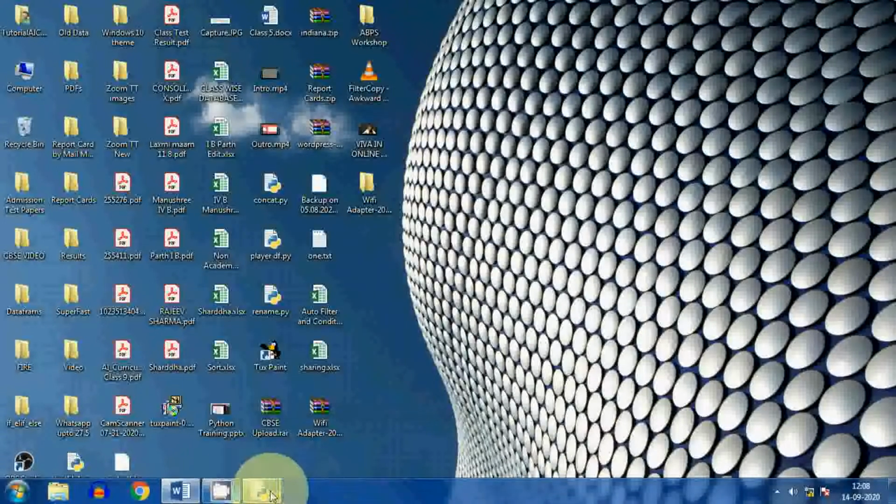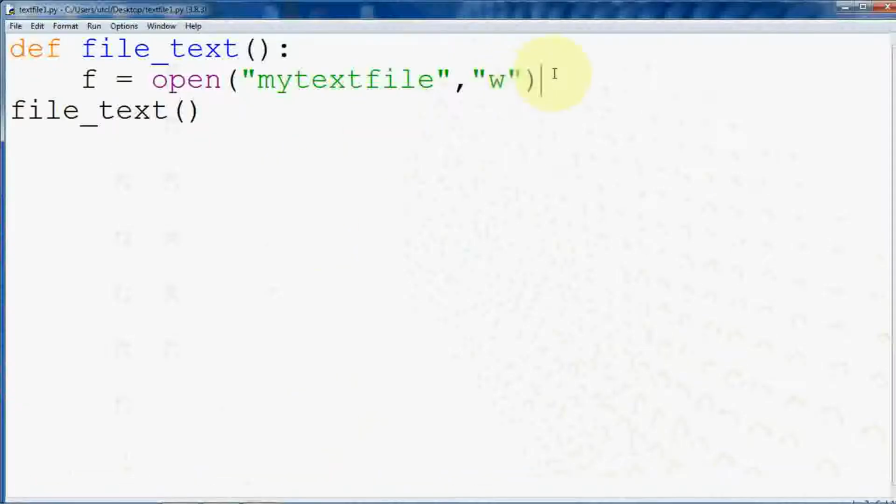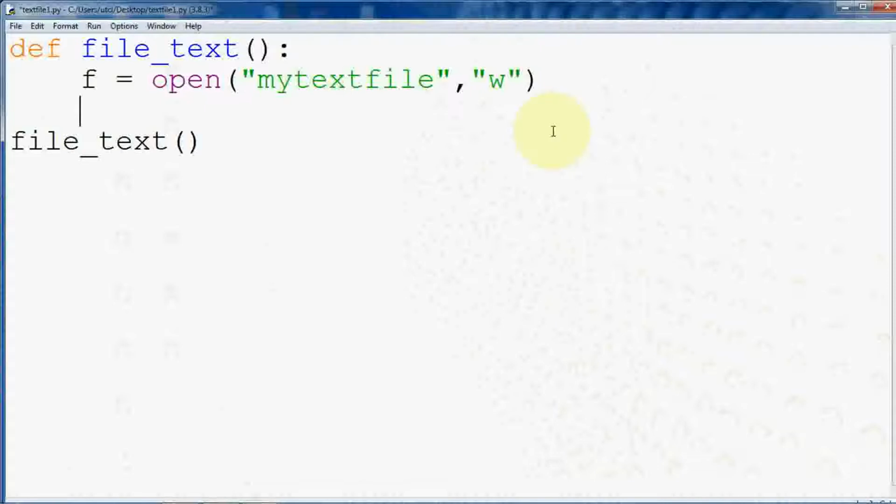Now how to write in this file? Whenever you want to write, there are two functions to write in your file. The first one is write. It will be written in this manner: f.write, with the file object f, which is already mentioned over here.